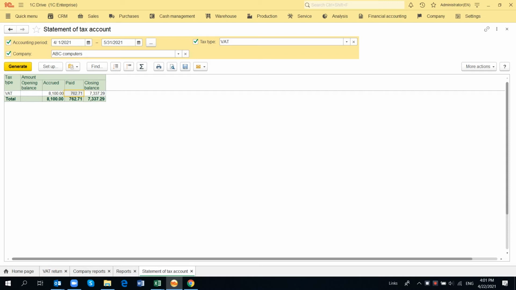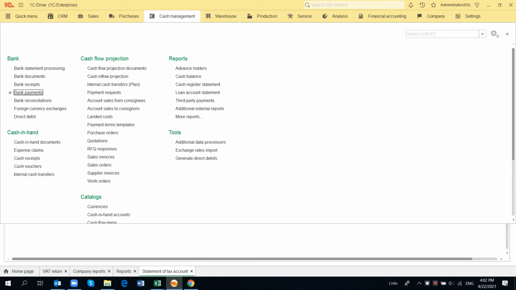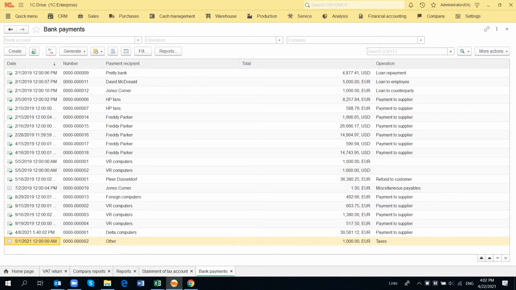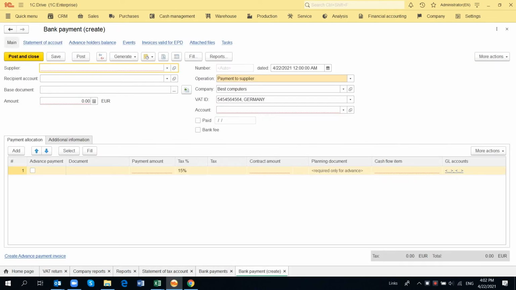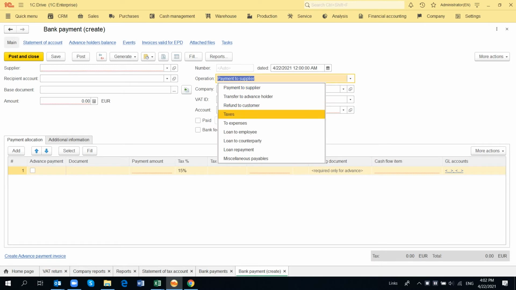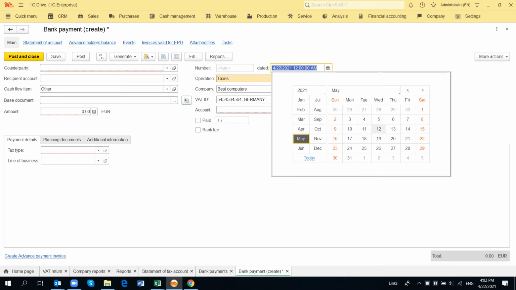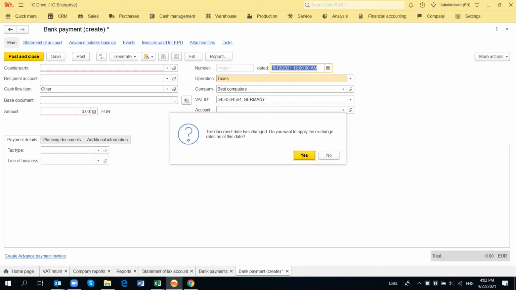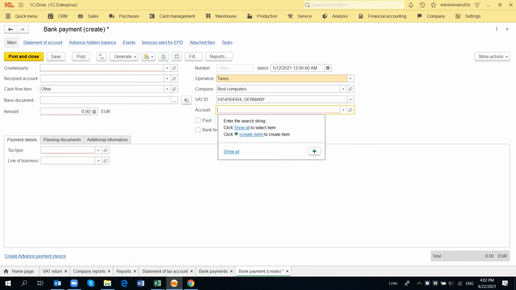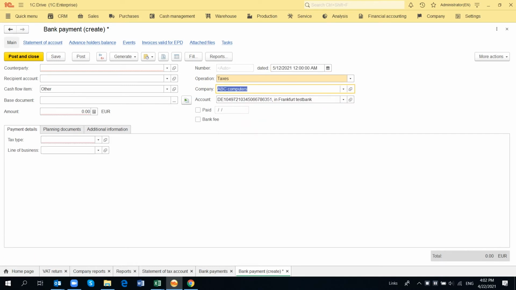Now to make the payment, we go to cash management, bank payments, and we'll create a payment for taxes. And let's make it in May, because VAT is usually paid afterwards. So we'll select ABC Computers, Counterparties Tax Office.